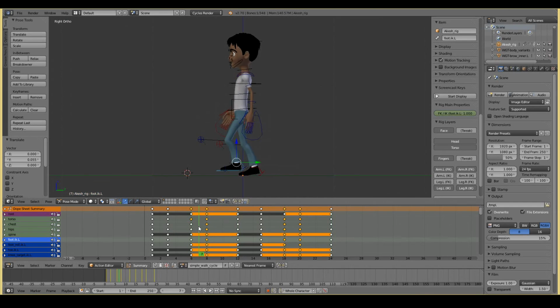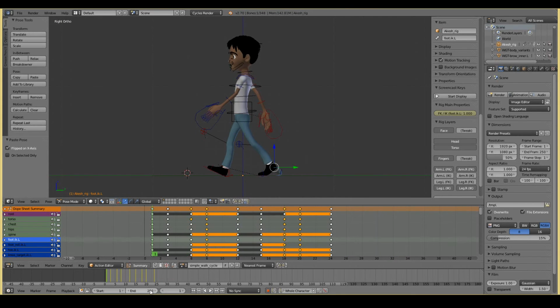You don't want to come backwards like that. Okay, anyways, I might just copy that over here. Oh, sorry, I might copy, paste inverse. Alright, cool.